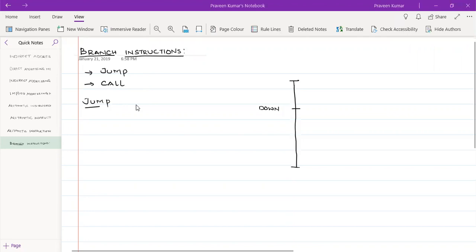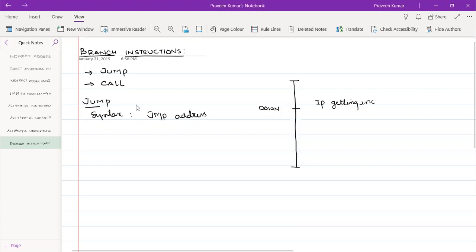The syntax of the jump instruction is JMP with an address location. Now we know that the program will be sequentially executed in this manner, with IP getting incremented.